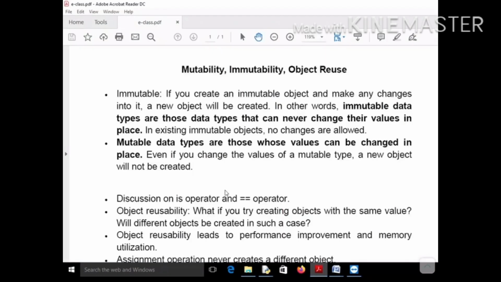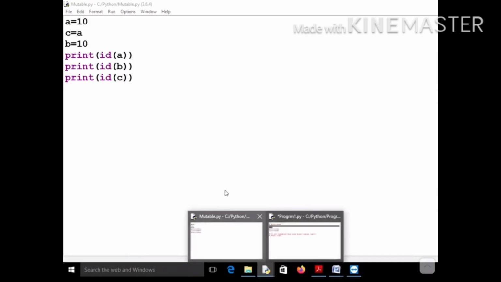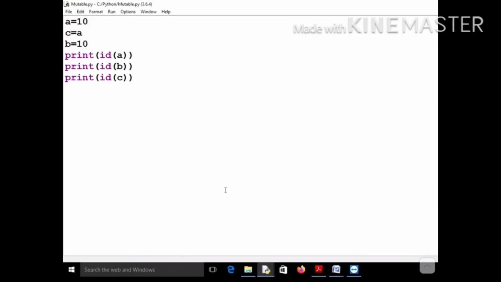Okay, so this is called object reusability. This is actually demonstrating object reusability, and let me tell you that this is valid for all fundamental data types except complex numbers.